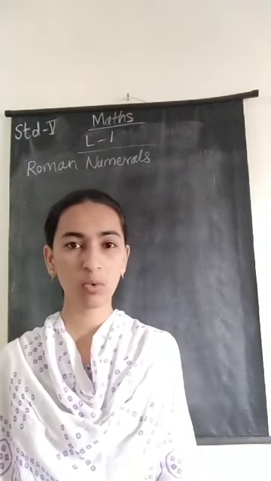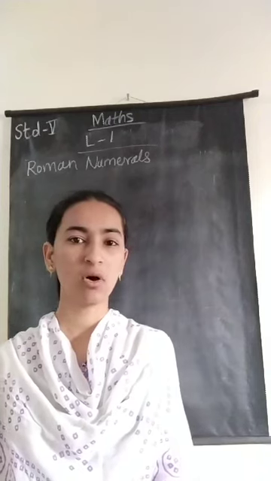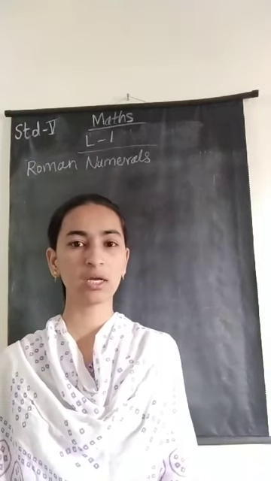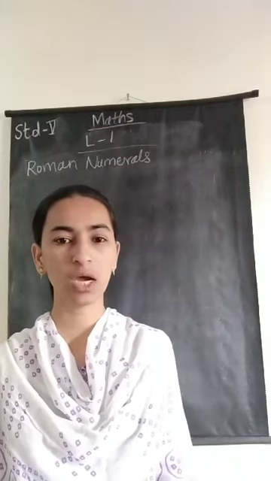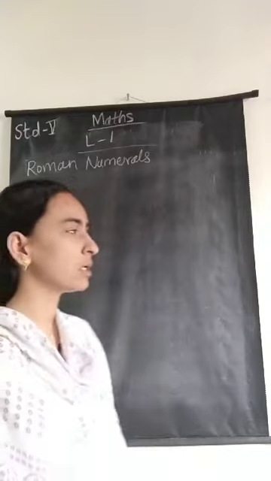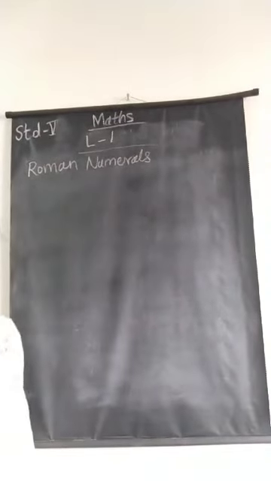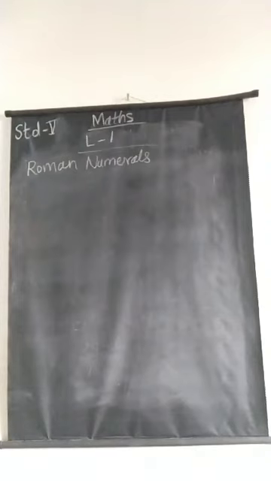Now there is one more type of number system, called Roman numerals, that we will be learning today. In today's video we are going to learn how to write the Roman numerals. This is derived from Rome. In Rome they did not use zero, and they were not aware of place value in the system either. They use only basic symbols, and they use 7 symbols.